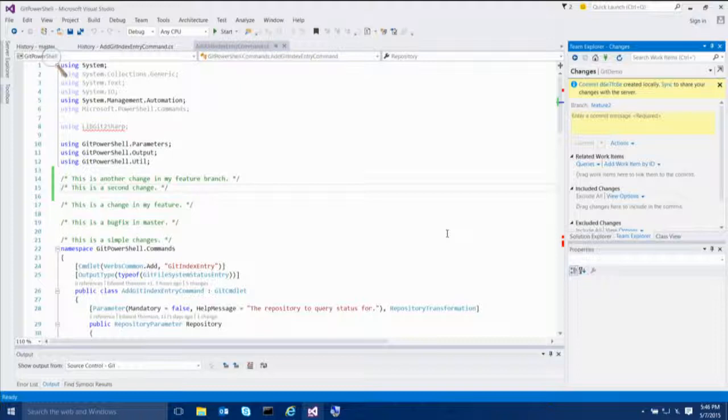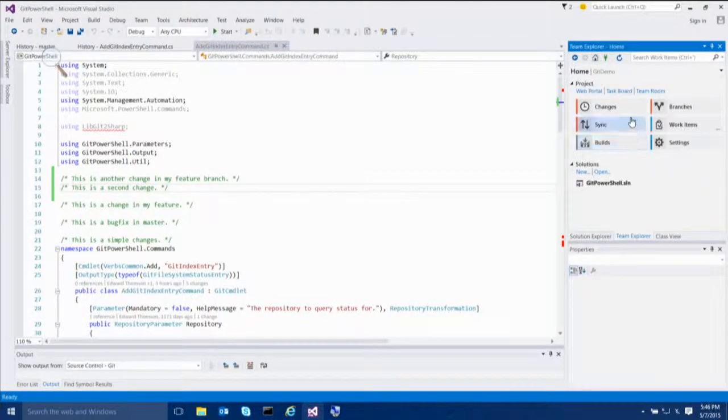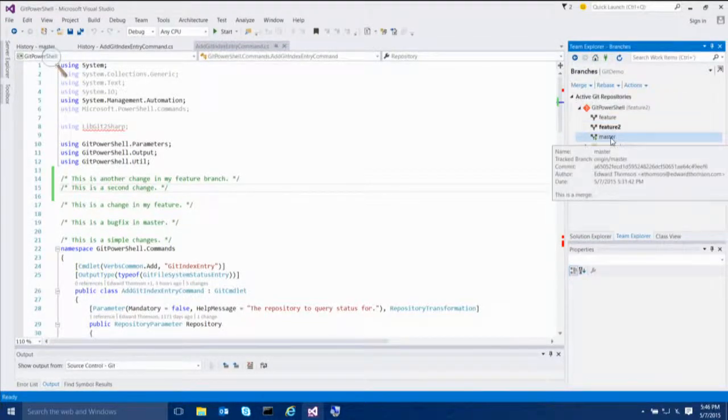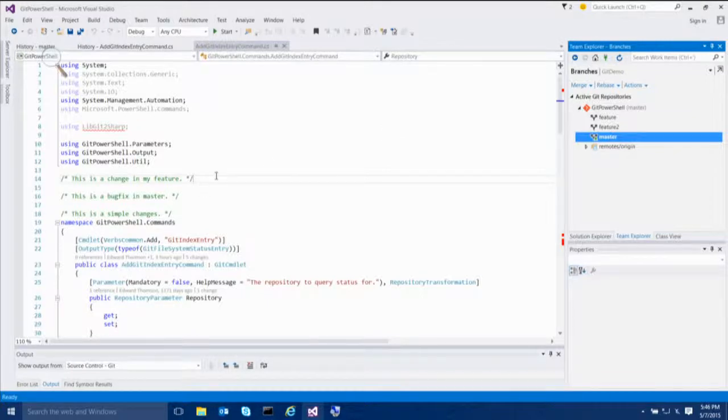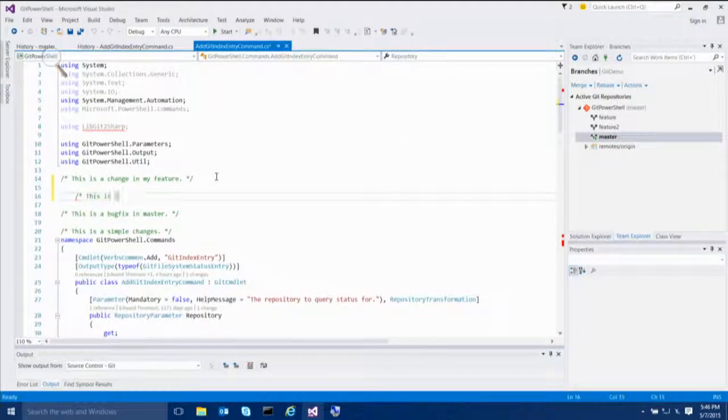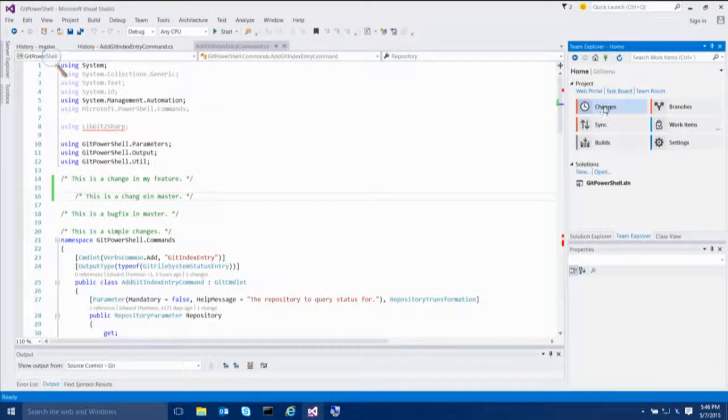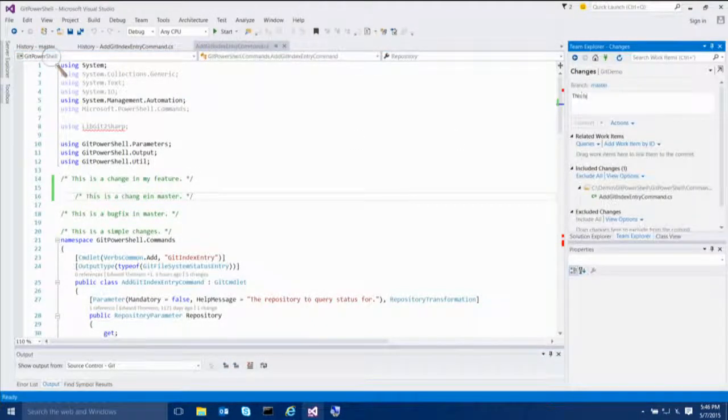Sadly, one of the problems in Git is because your commit IDs are tied to the metadata, your history is immutable. When you make a typo in your commit message, it's there for life. If I go back to my branches, let's switch over to the master branch and make a change there, and check that in. And now instead of merging these changes,